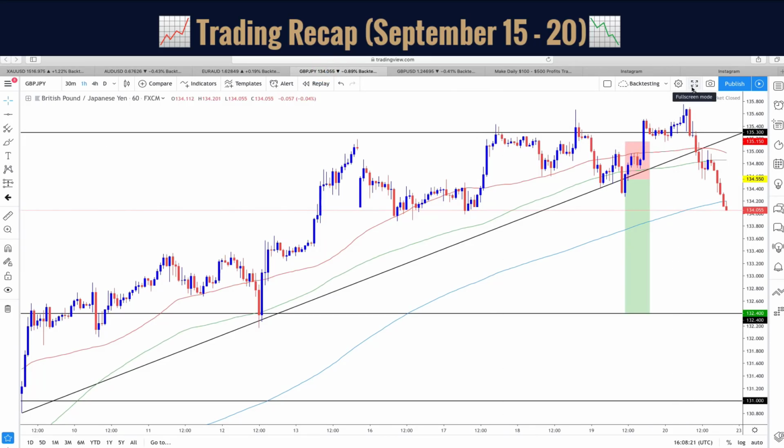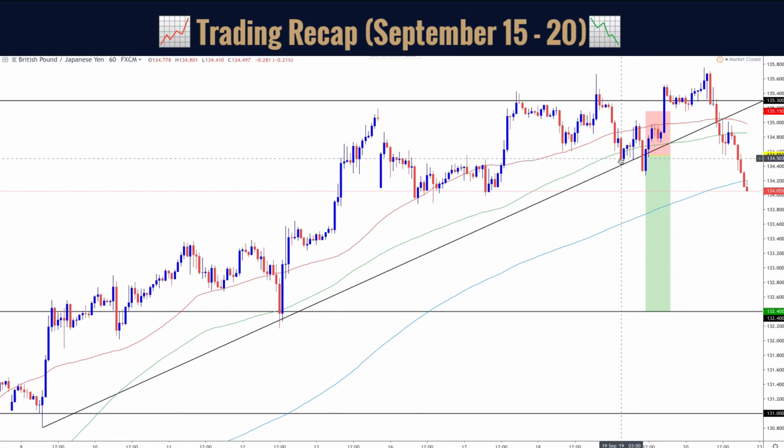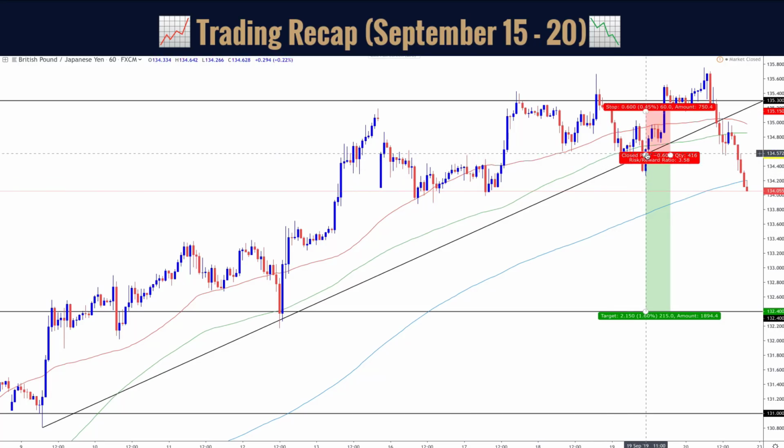Unfortunately, we had the loss right here, but it's part of the game. And right here, second touch, which is a higher low, and making higher highs too. Here was the third touch of the trend line, this key trend line acting as support, and we saw price come and break that key trend line, holding since September 9th, and you can see price break, pull back, but